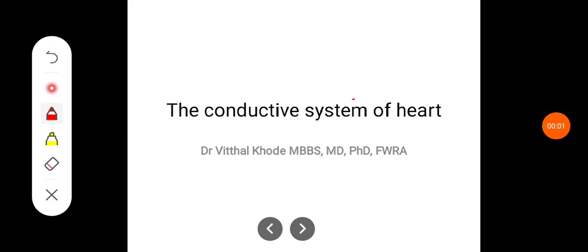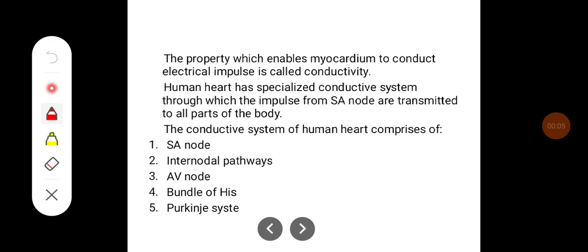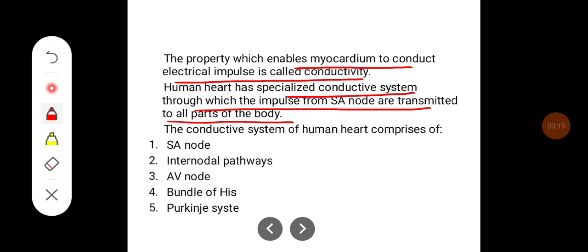Everyone. In this class, we'll study the conductive system of the heart. The property which enables myocardium to conduct electrical impulse is called conductivity. The human heart has a specialized conductive system through which the impulses from the SA node are transmitted to all parts of the body. The conductive system of the human heart comprises the SA node, internodal pathways, AV node, bundle of His, and Purkinje's